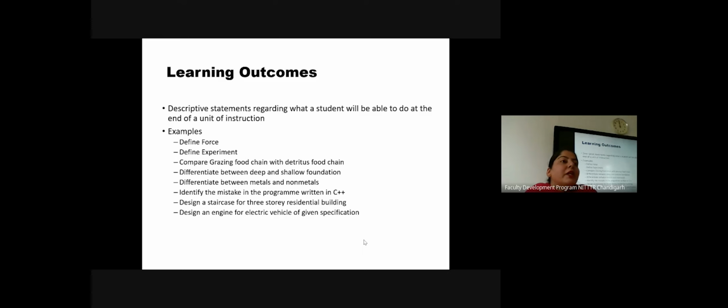These are not general statements. Many of the teachers, when they're writing learning outcomes, write that my student will be able to understand this. What do you mean by understanding? Understanding can be up to the lower level, understanding can be up to the higher level. So the descriptive statement will define what your student will be able to do after the completion of this unit,